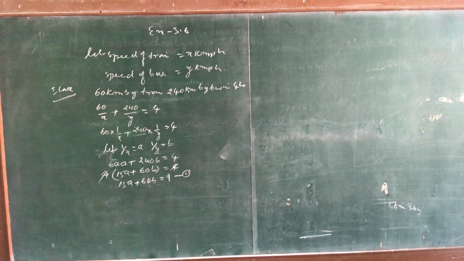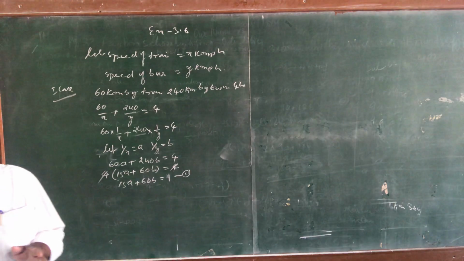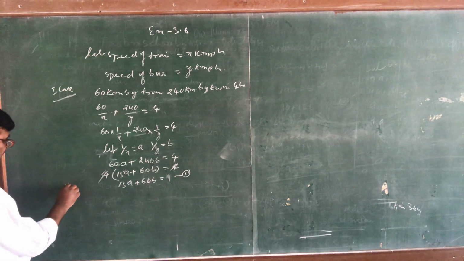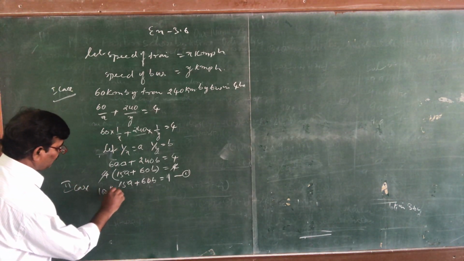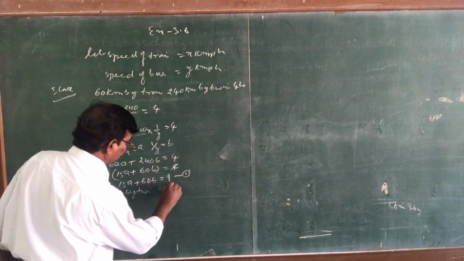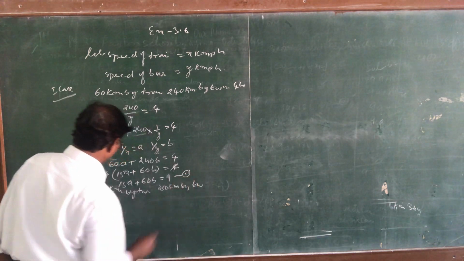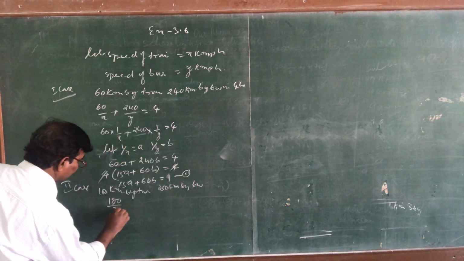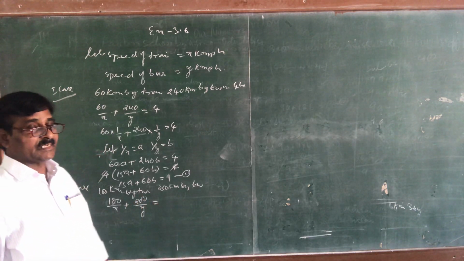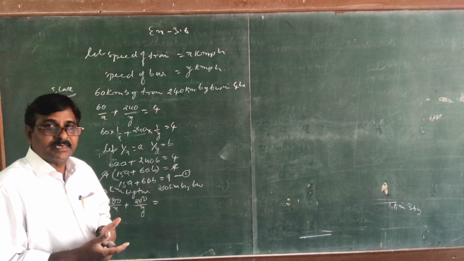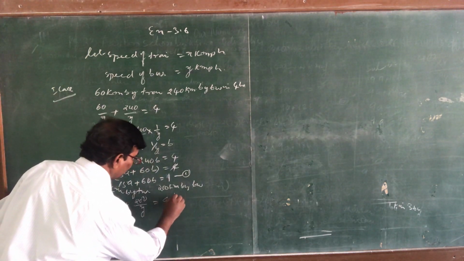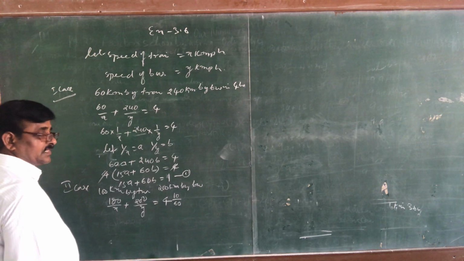What is that other equation here? She is going 100 kilometers by train and the remaining by bus. So second case, 100 kilometers by train and 200 kilometers by bus. Therefore, 100 by x plus 200 by y is equal to. How much time is taken? 10 minutes more than the earlier time. That means 4 hours 10 minutes. That is equal to 4 and 10 by 60 in conversion to hours.